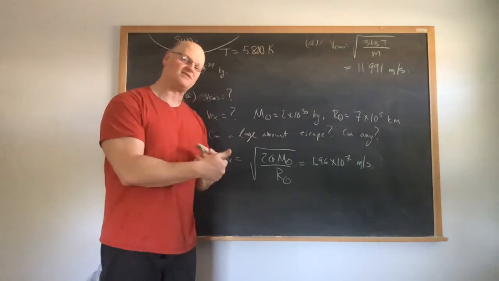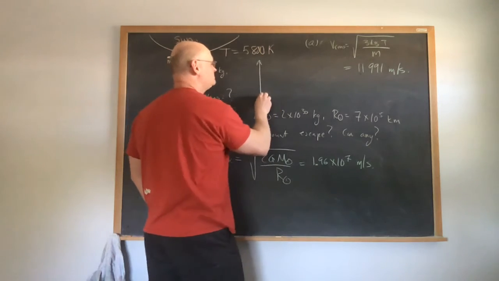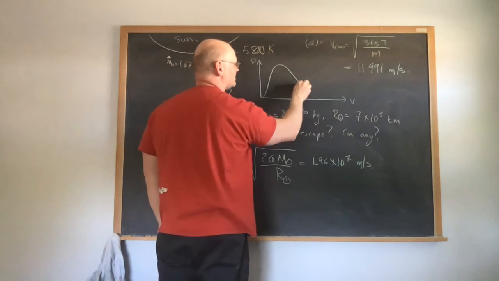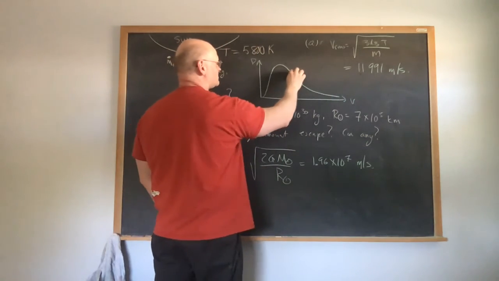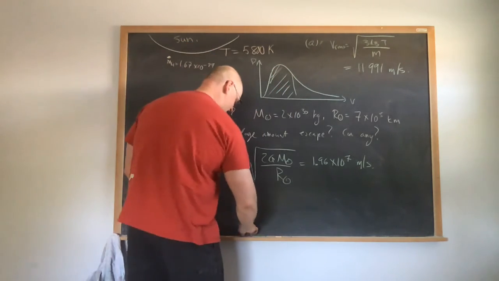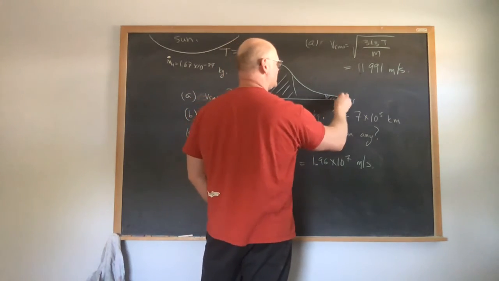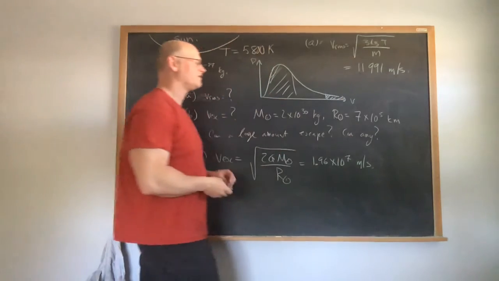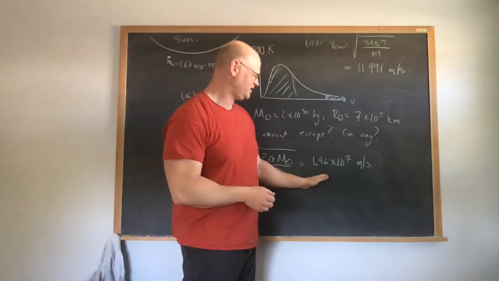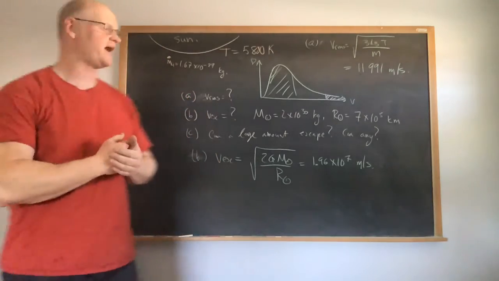Well, again, the overall answer to this is yes. And the reason for that is, if we think about that Maxwellian distribution, if I think about the velocity versus the probability, this thing is basically doing this. The RMS is here, which means that the majority of all the particles are in this region. But outside of here, we can have a velocity corresponding to this range, which basically means that yes, a small number of particles are going to have a velocity greater than this particular escape velocity, which means we are going to have some particles actually escape